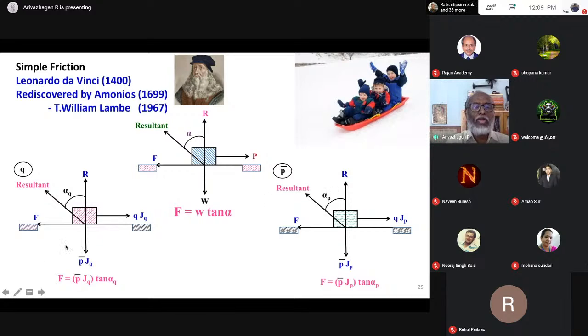But for the same material, you can ask one question: sir, why are you putting alpha Q and alpha P here? Because both are sides of the element. So the angle of internal friction is the same, but there is a very small difference. Due to the interlocking behavior of the soil particles, alpha Q and alpha P are more or less the same, but they have a very small difference. I consider that also. That much accuracy I am going to make.